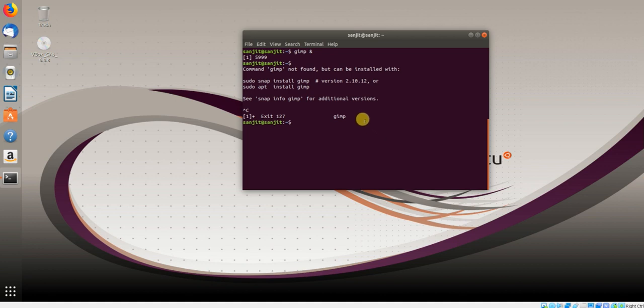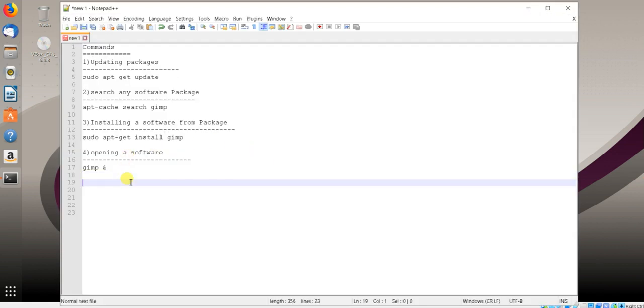Because why is it not installed? We just concluded it, right? We just removed it. And what was the command we ran? That's the command. So yes, I hope this command is clear. So guys, I'm preparing one set of notes also, I will share it with you. Okay, so what are the commands I'm running? So right now I ran a command to remove the software, right?